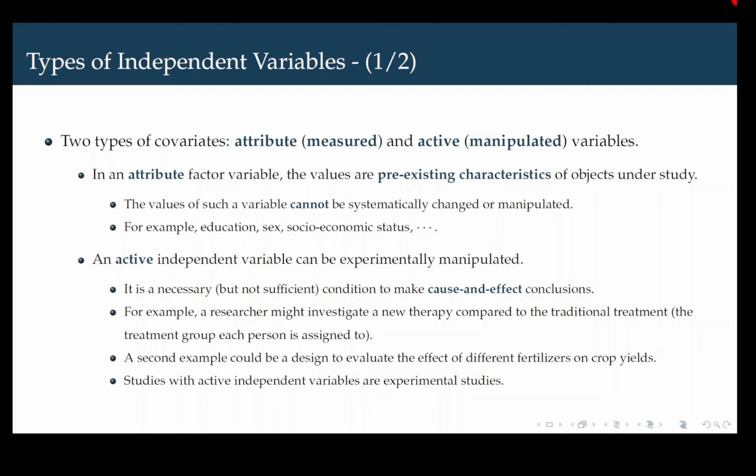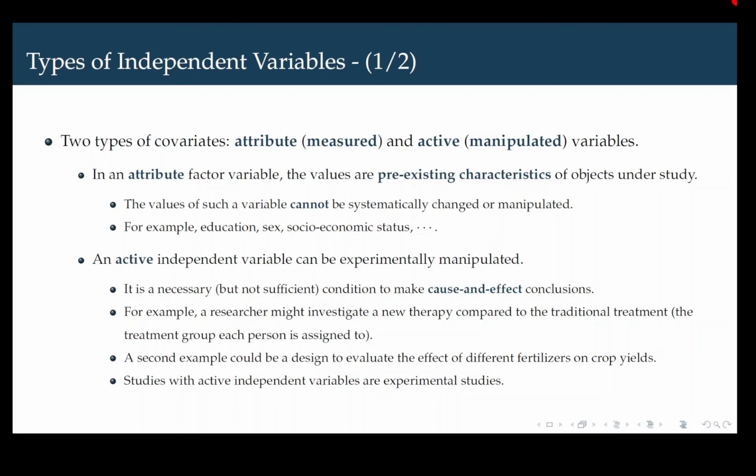And another example: consider the effect of different fertilizers on crop yields. Now, the different fertilizers may be randomly assigned to different plots. Therefore, the values of the type of fertilizer are being manipulated. So, type of fertilizer can be considered as an active independent variable. Most of the time, studies with active independent variables are utilized in experimental studies in biological, chemical, and agricultural studies. Therefore, these are the two classifications of predictors or covariates or independent variables,